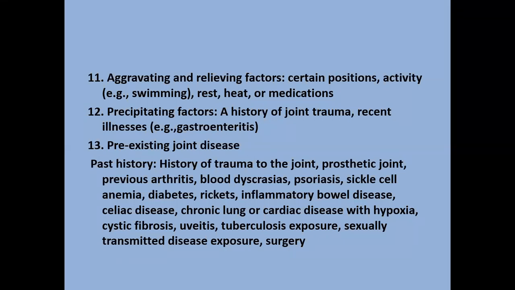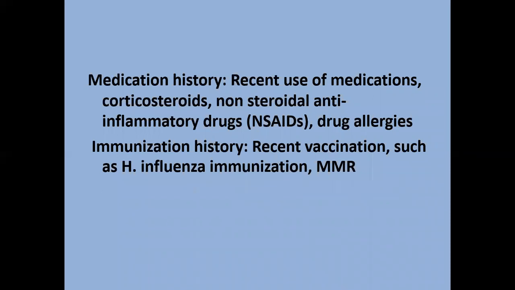Pre-existing joint disease, like past history of trauma to the joint, prosthetic joint, previous arthritis, blood dyscrasia, psoriasis, sickle cell anemia, diabetes, rickets, inflammatory bowel disease, celiac disease, chronic lung and cardiac diseases with hypoxia, cystic fibrosis, uveitis, tuberculosis, sexually transmitted diseases, exposure, and surgery. Medications history: recent use of medications like corticosteroids or non-steroidal anti-inflammatory drugs, and drug allergies. Immunization history: recent vaccinations such as Haemophilus influenzae,